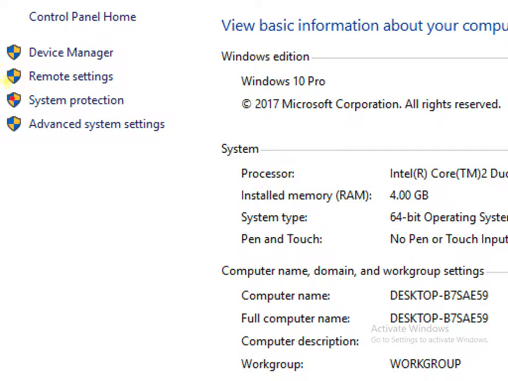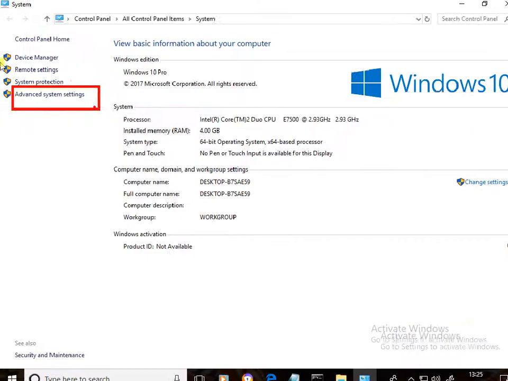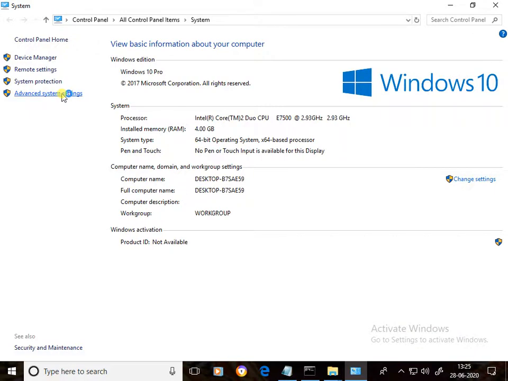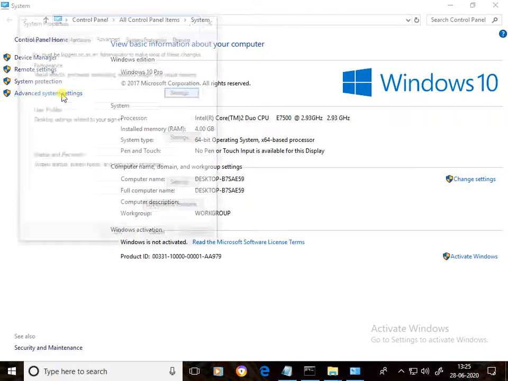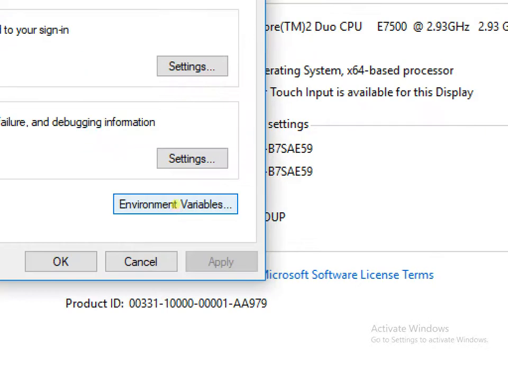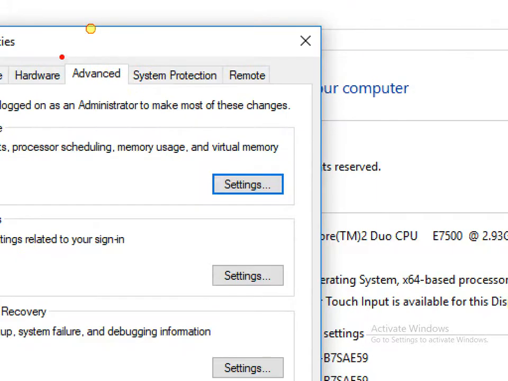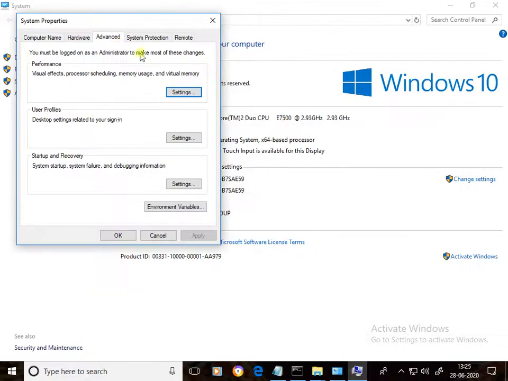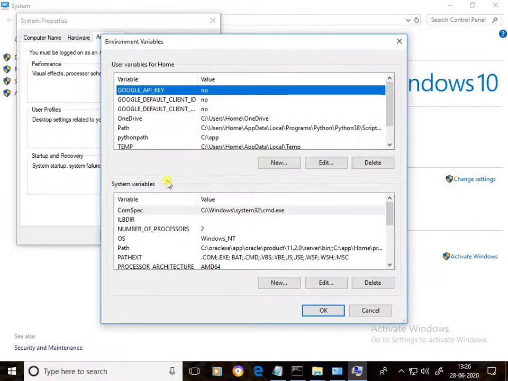Here, click on advanced system settings. Here, click on the environment variables button under the advanced tab.